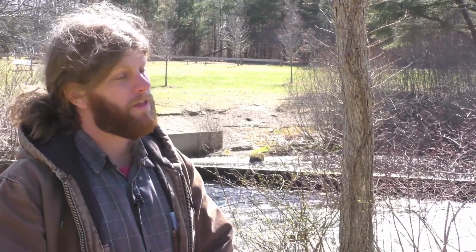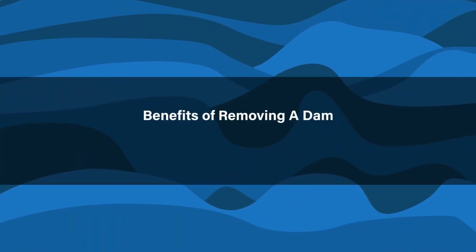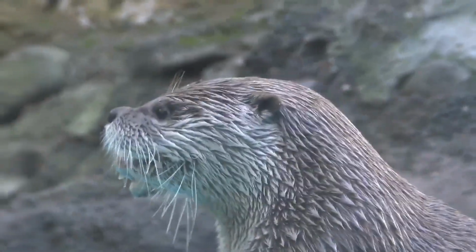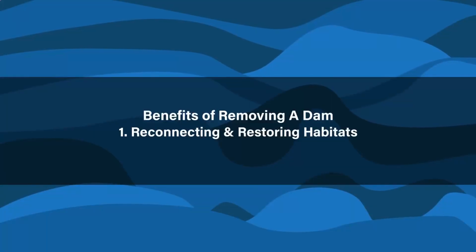Okay, so what are some of the positive outcomes that could happen from restoration projects like this? Some of the positive outcomes that can come from the restoration of the river through dam removal is, of course, the restoration of the ecological function of that river. In this particular case, we would see shad and herring being able to spawn further upstream, but we'd also see other species that are river-loving being able to populate the river again. So definitely ecological benefits would come from reconnecting the river to its natural habitat. And then from the